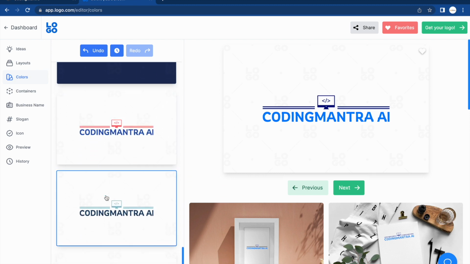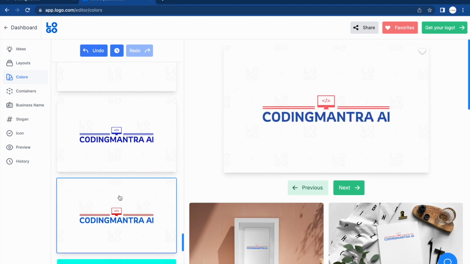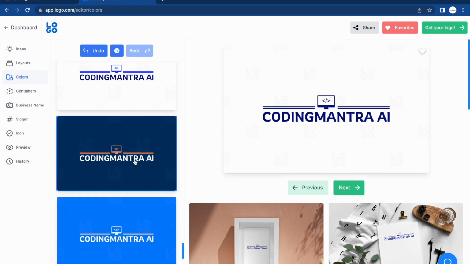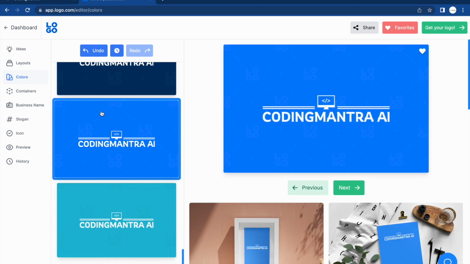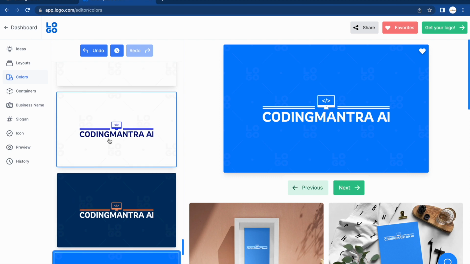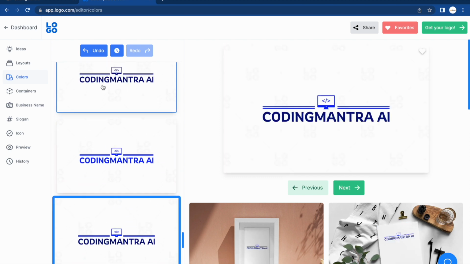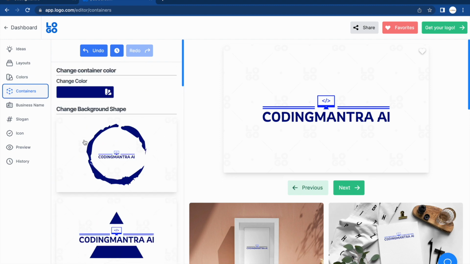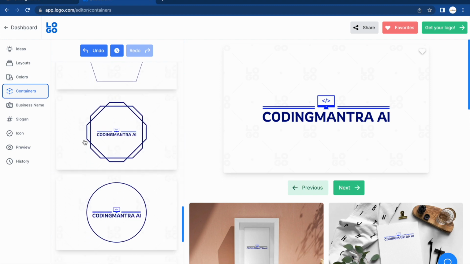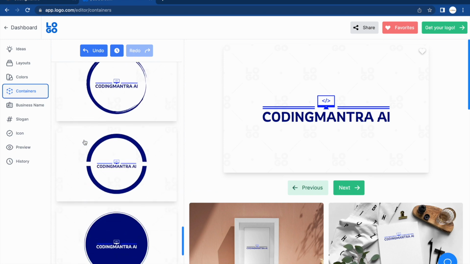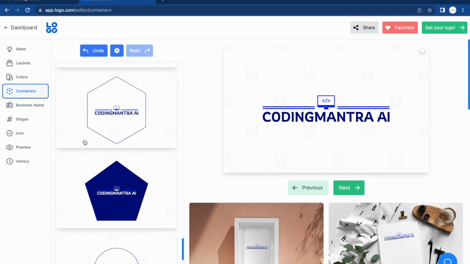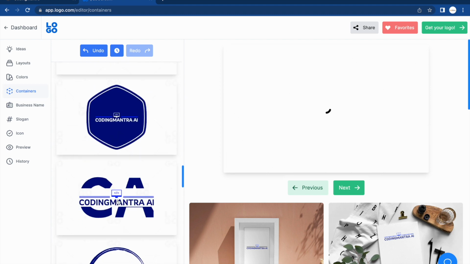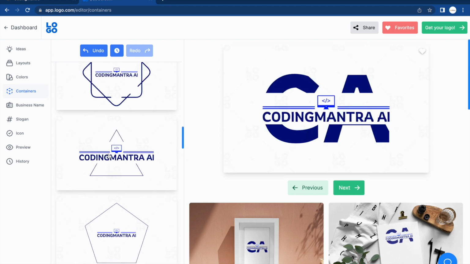Colors depend on your requirement and your opinion, because everyone has a different choice. So let's go ahead with that. Yeah, it looks better. Now you can select a container, which kind of shape or container you want to use. There are multiple selections available. This looks better, but see,